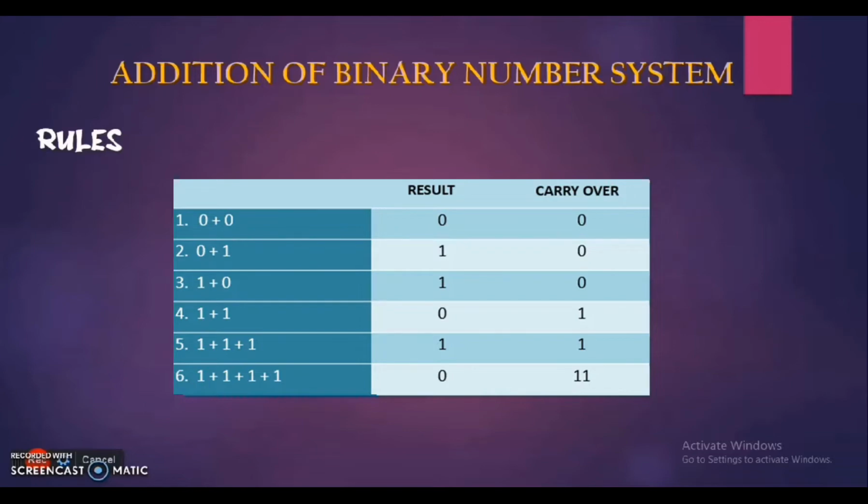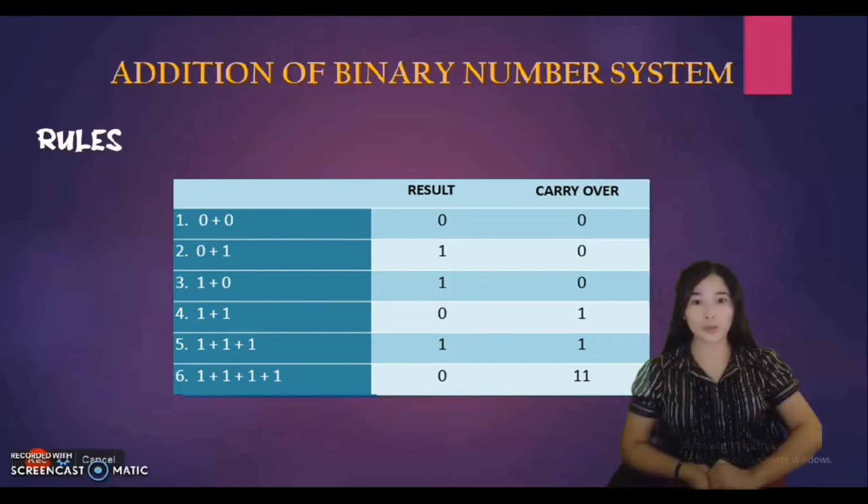In adding binary numbers, number 1 is 0 plus 0 is equals to 0 and the carryover is 0. Number 2 is 0 plus 1, the result is 1 and the carryover is 0. Number 3, 1 plus 0, the result is 1 and the carryover is 0. Number 4 is 1 plus 1, the result is 0 and the carryover is 1. Number 5 is 1 plus 1 plus 1, the result is 1 and the carryover is 1. And the last is 1 plus 1 plus 1 plus 1, the result is 0 and the carryover is 1,